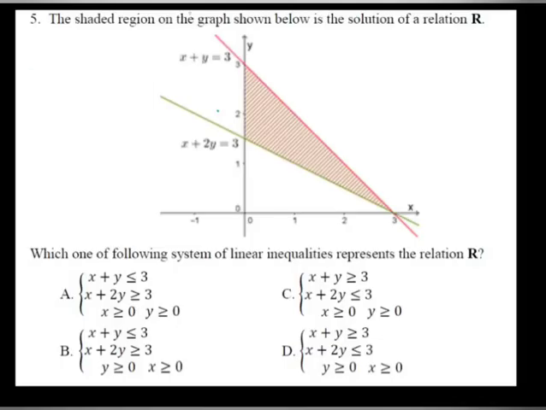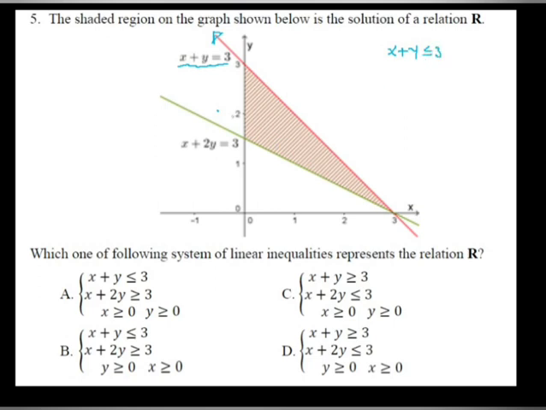The shaded region on the graph shown below is the solution of a relation r. okay ይሄ shaded region እዚህ ጋር የምታዩት የተቀባው ፓርት የሆነ relation r ነው። so which of the given relation is the equation of the relation r ይሄንን shaded region describe የሚያደርግ relation የትኛው ነው ከተሰጡት ውስጥ ነው የሚለው። so let's see each of them. this red line is given by x plus y is equals to 3። አሁን ይሄ ቀዩ line x plus y is equals to 3 ነው። so obviously the shaded region is below the line x plus y is equals to 3 በታች ስለሆነ the equation will be changed into x plus y less than or equals to 3